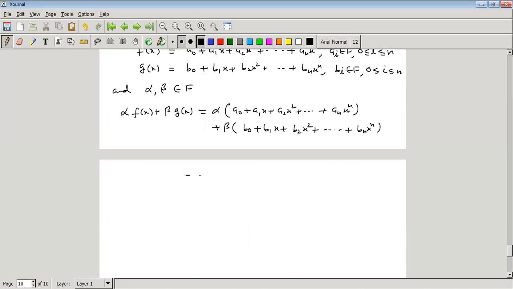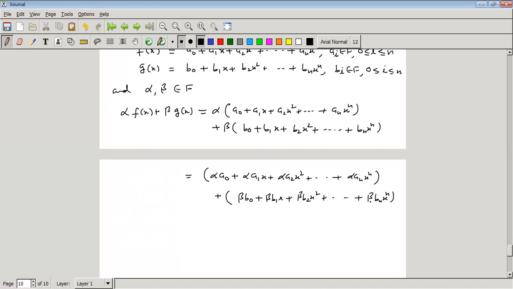So that is alpha a0 plus alpha a1x plus alpha a2x square plus ... plus alpha anx^n plus beta b0 plus beta b1x plus beta b2x square plus ... plus beta bn x raised to power n,